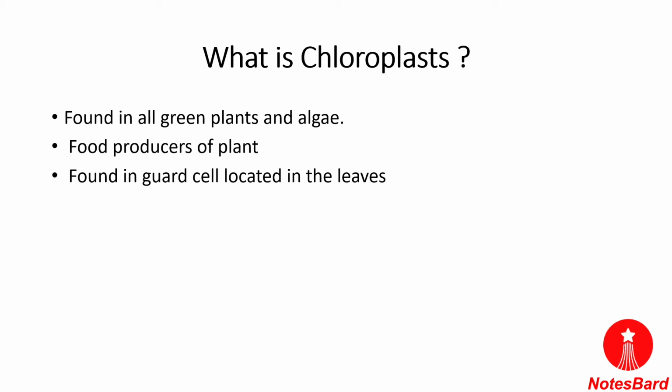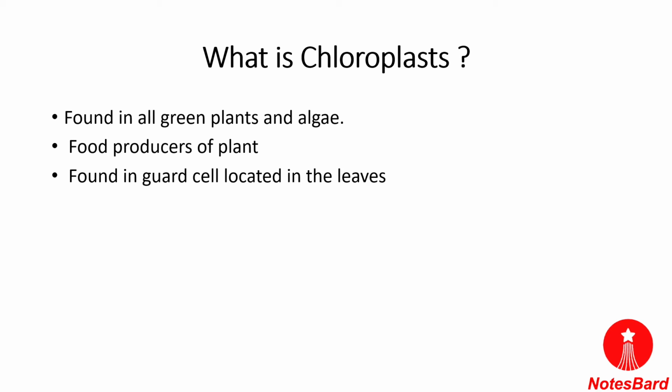They are found in the guard cells located in the leaves of the plant. They contain a very high concentration of chlorophyll that traps the sunlight. This cell organelle is not present in the animal cell. They trap the sunlight, and that is why they are not present in the animal cells. Chloroplasts have their own DNA, and they can reproduce independently from the rest of the cell. They also produce amino acids and lipids for the production of the chloroplast membrane.